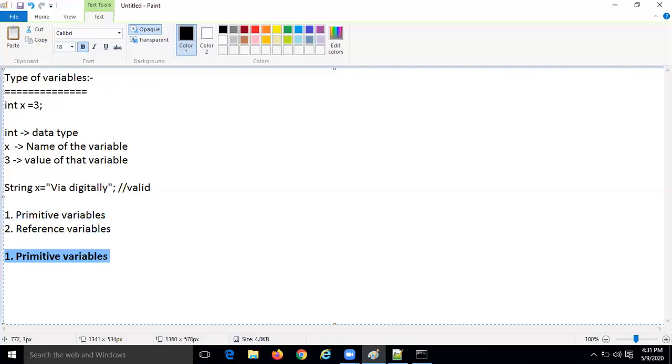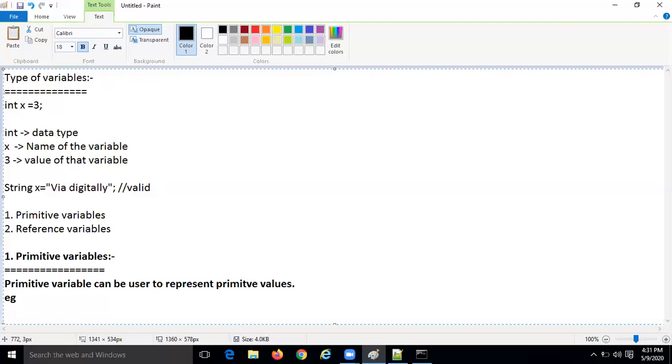Primitive variable. What is a primitive variable here? Primitive variables can be used to represent primitive values.